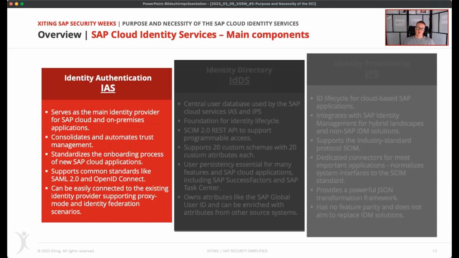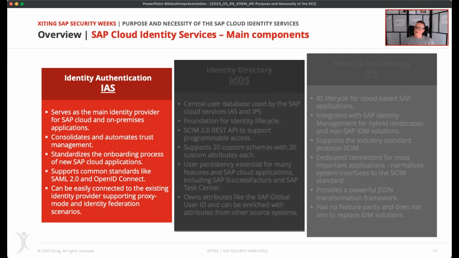And as the first step, we have the Identity Authentication Service, the IAS, which is considered as the main identity provider in the cloud, responsible for all SAP applications and to consolidate the whole trust management. So the aim of this approach is really to standardize the onboarding of additional SAP cloud applications.